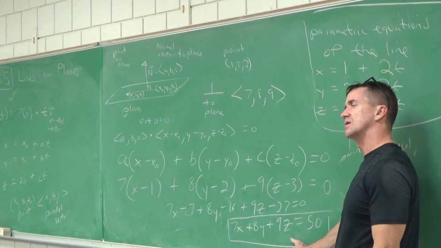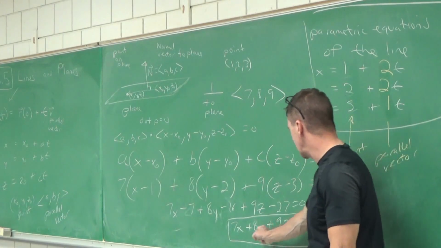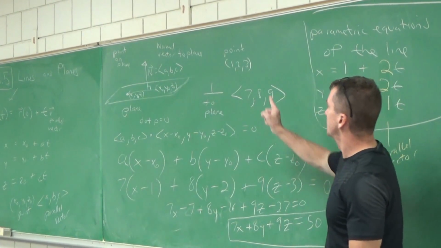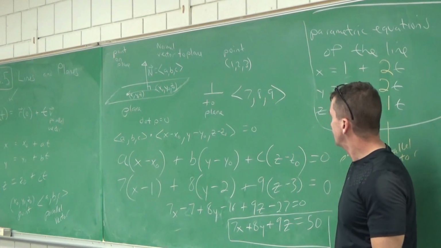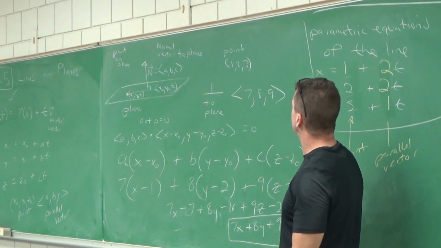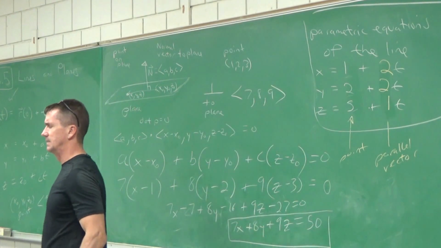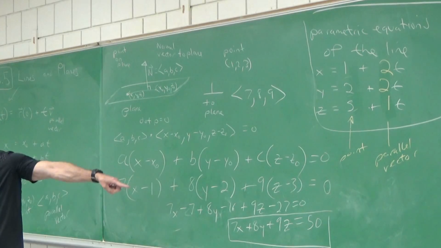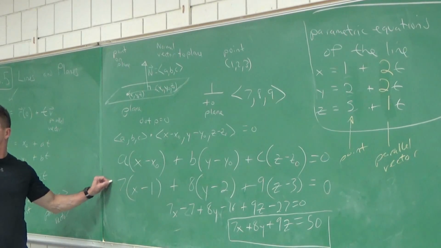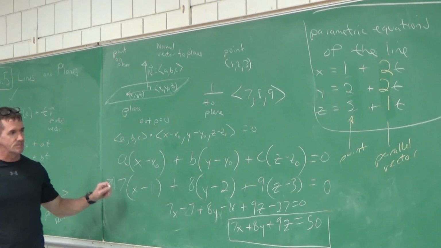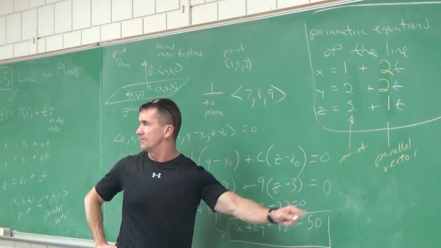How can I check to see if I did this right? Because I'm not going to screw up the distributive property. What could I check? What would have to fit in this x, y, and z so it does equal 50? The point. You can plug that point right back in here, and it should all turn into what? 50. 7 plus 16, 23. 23 plus 27, you bet, is 50. By the way, I do that all the time. If I mess this up, I will just quickly take the point, plug it back into that equation to make sure it's working. Okay? So you can leave answers like this? Absolutely. Sometimes you may want to do this just because it looks a little nicer. Just don't forget that equals 0 if you do it like this, right?